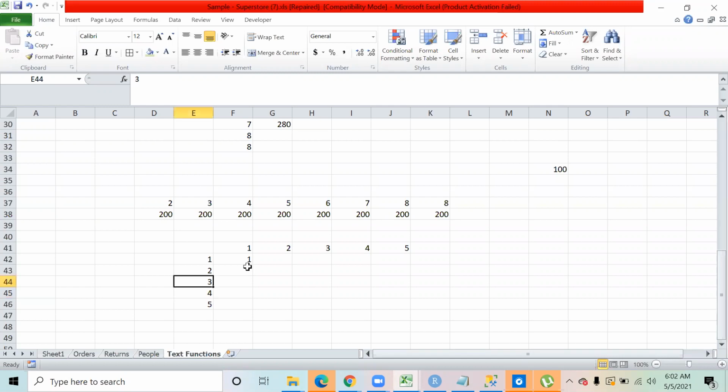Anyone who is able to do it? One single formula, you have to just copy and paste everywhere so that you get the results. That's the multiplication of these numbers.